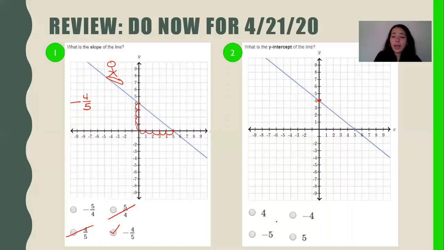So I would look at our options. We know that this isn't a 4 and that's not a 4, so it can't be those. Now, just be careful when selecting your answer that you choose the one that says +4, which is this one. As a reminder, these answers get shuffled around in your do now, so make sure you look for the right answer.